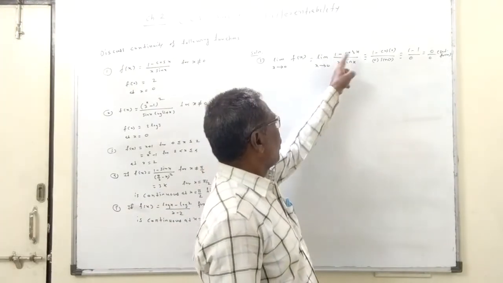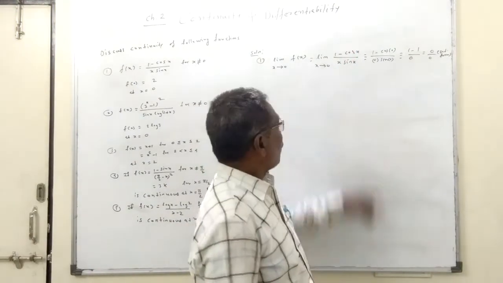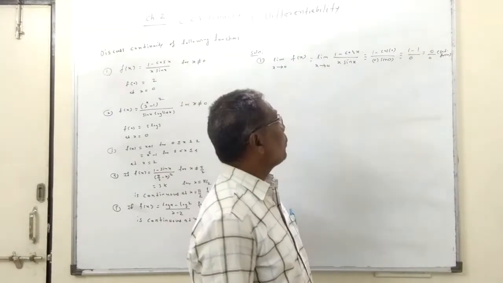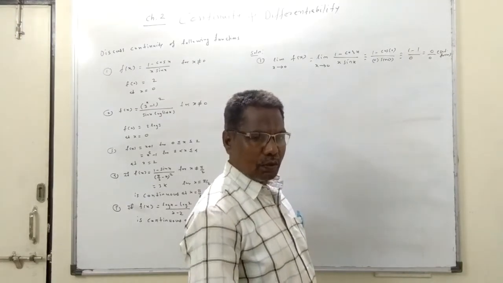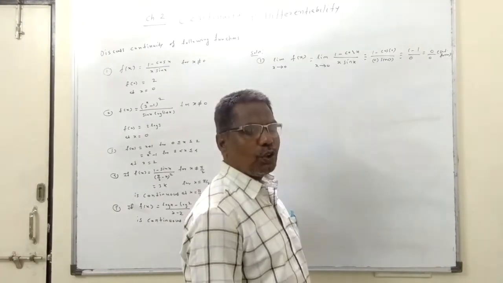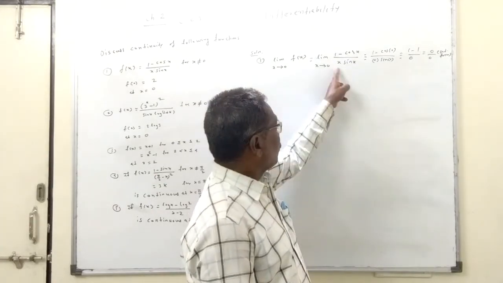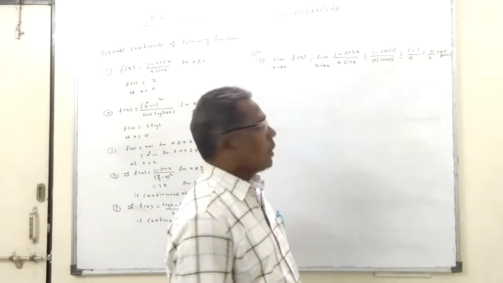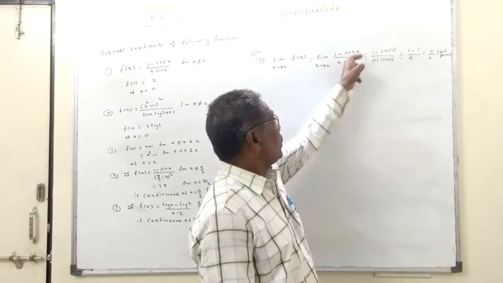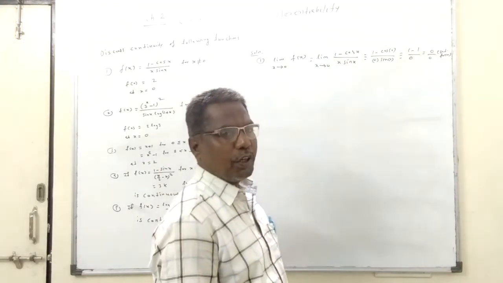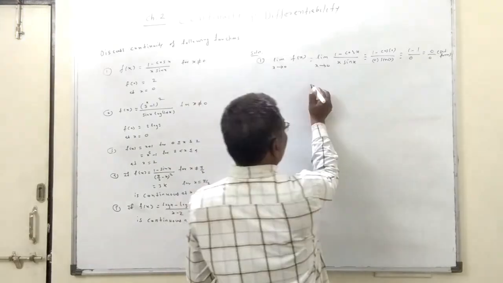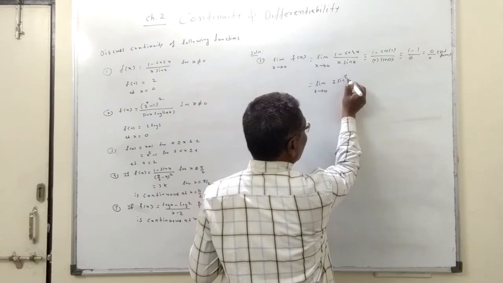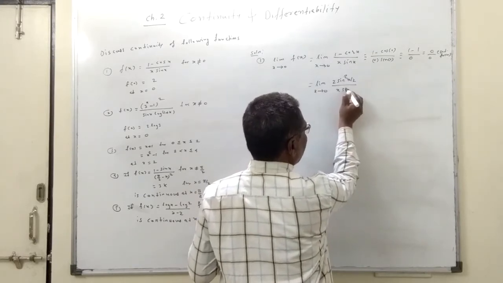Now if you observe the trigonometric functions here, to make this denominator non-zero, here x sin x, you want to divide by x square, because in trigonometry we have a formula, limit x tends to 0 of sin x upon x is equal to 1. As we divide the denominator by x square, you want to divide the numerator also by x square. So for the numerator we use the trigonometric formula 1 minus cos x is 2 sin square x by 2. So we write this limit x tends to 0 of 2 sin square x by 2 divided by x sin x.